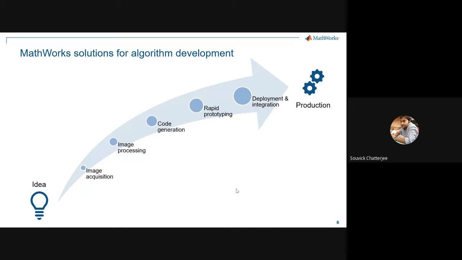So first, for an image, we need to have an image, right? So how do we get the image? So that's the image acquisition part. Second, in the image processing part, where we do the algorithm, different sorts of processing we can do. And then as we go along, you will see that in MATLAB there are multiple ways in which we can do image processing. So the majority of the time what I'll spend today is this second step.